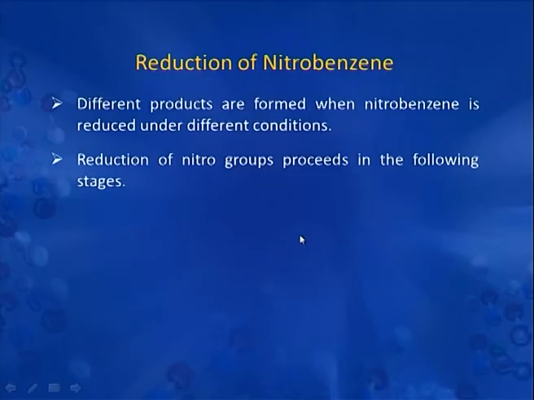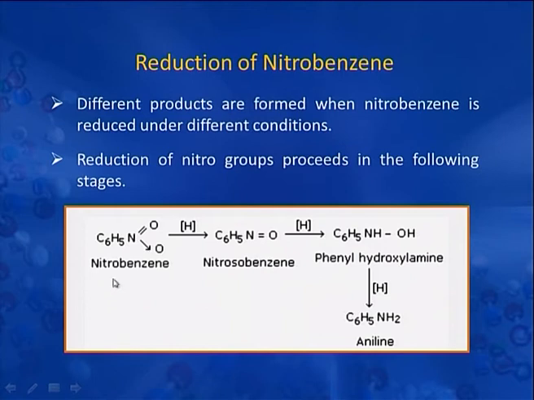We will now discuss the reduction of nitrobenzene. Nitrobenzene undergoes different kinds of reduction under different reaction conditions, and during the reduction different kinds of products are formed. That is, if we are starting with nitrobenzene, it is first reduced to nitrosobenzene, then it is reduced to phenyl hydroxylamine and finally to aniline. These are the different stages of reduction of nitrobenzene, and in presence of different reducing agents,